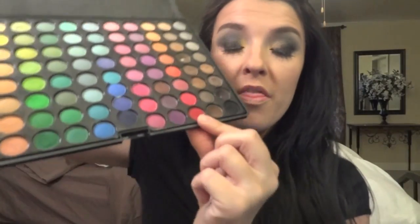Up into my hairline a little bit. Down on my jaw. Now with a smaller brush, I'm going to use a very small blush brush. This is a super, super cheap one that I got a while ago, but I'm going to use that red